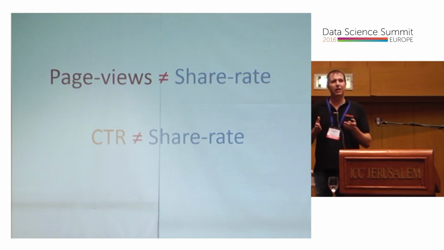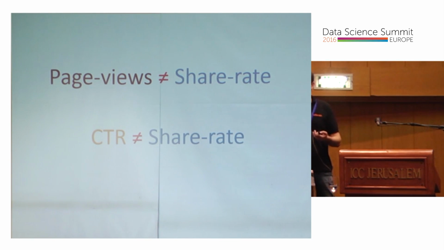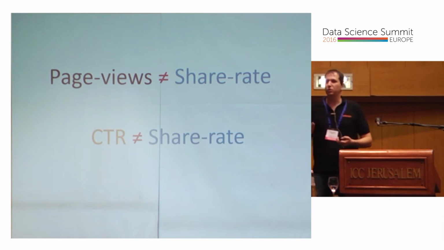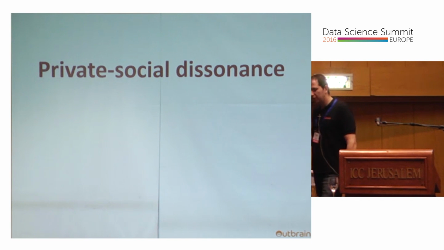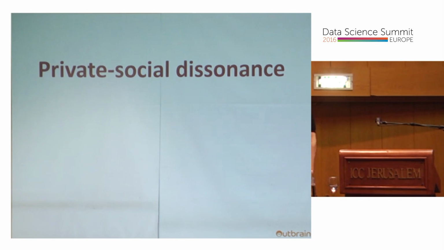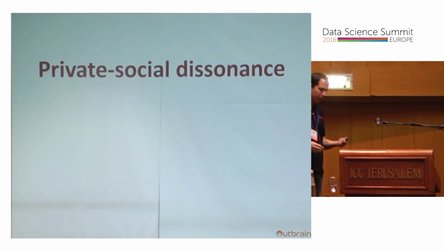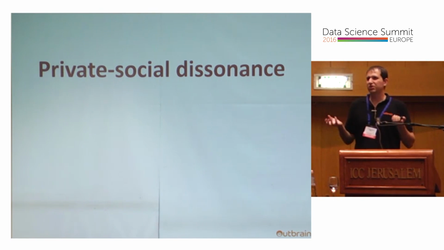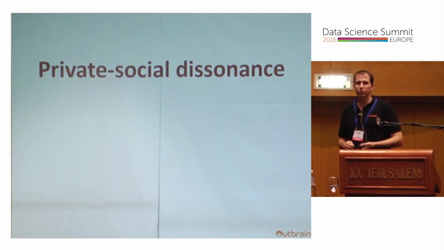Either way, all of that led us to believe that we should incorporate both metrics and see which one of them is more important in order to rank what a user may find interesting. Before we did that, I showed you one sporadic example from this profile, where n equals 1, that there is a difference between what people share and what they click on. We wanted to show whether we can actually show it with a large scale of data, that there is a substantial dissonance between what people do on social networks and what they read in the privacy of their own computer.